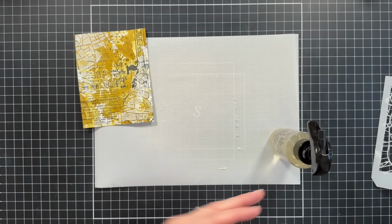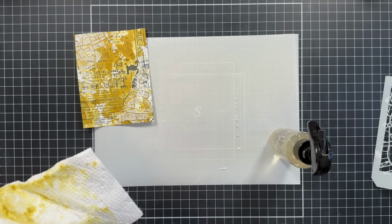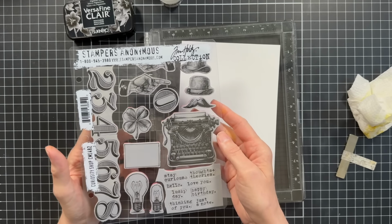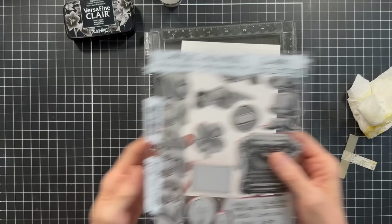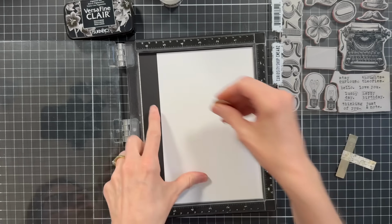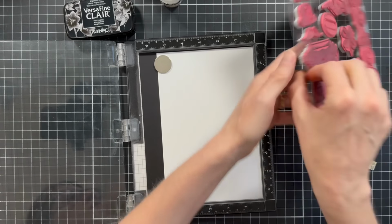So we're just gonna let that sit and dry, and I'm gonna go clean off my stencil and tools, and I'll continue on after that. So while the paste is drying, I'm gonna go ahead and do some of the other stamping, and this is using the Curiosity Shop stamp set, and these are the pieces that I'm gonna be using as the embellishments for the card. So I've just got another piece of Distress watercolor paper in here,